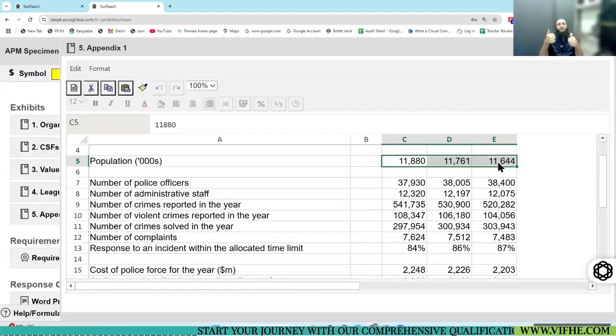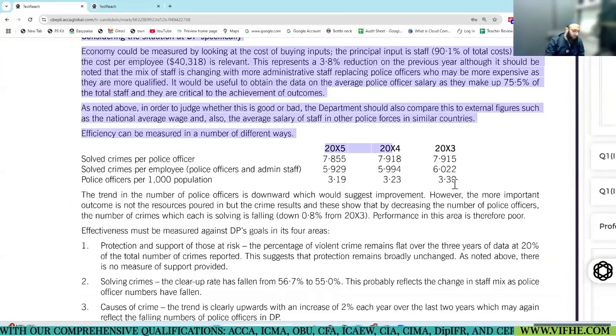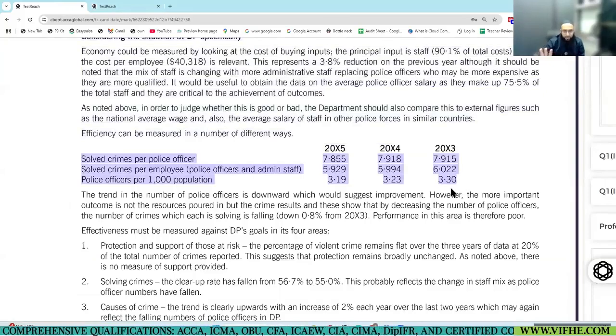To whom you are providing a service is the population. Okay. So police officers per 1000 population. They have worked out these. Not all were required. This is an ACCA official answer. Not all were required. Okay. Any one of them would have been good. Maybe two. Okay.